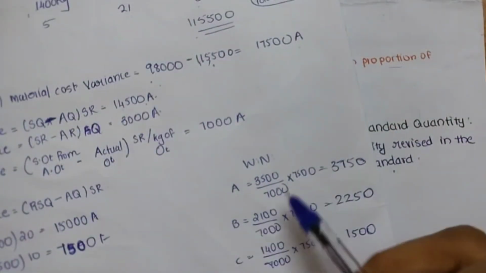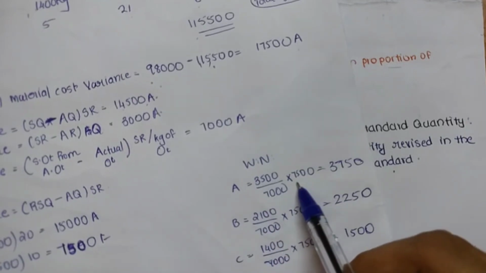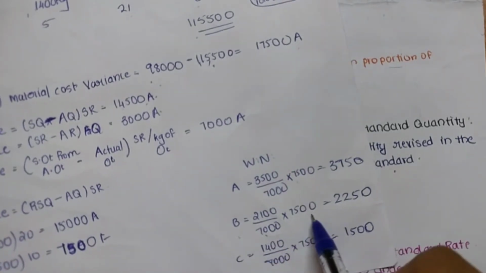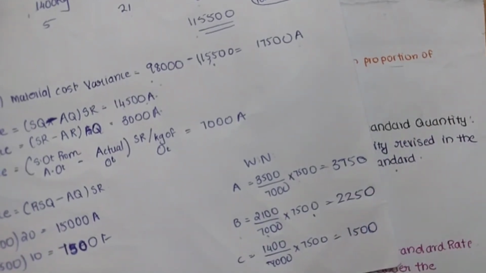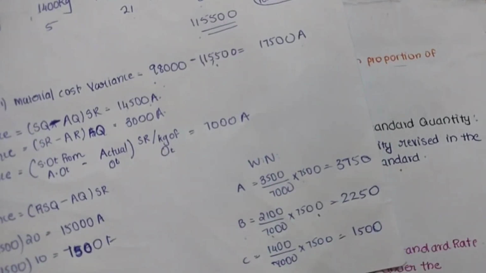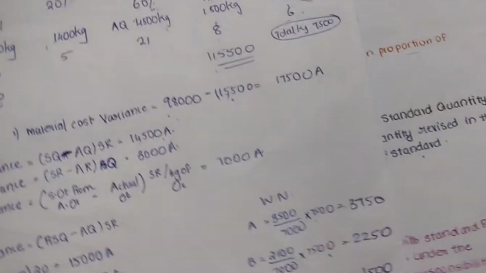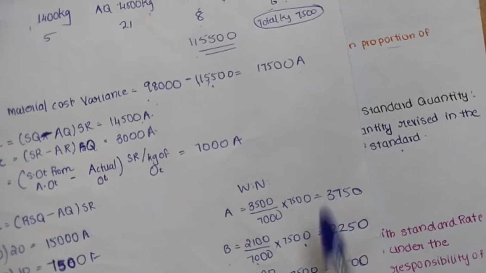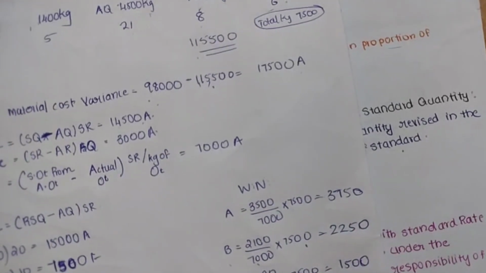Okay, so that's exactly what I'm doing here. See here, in A's case it will be 3,500 divided by 7,000 into 7,500. In B's case it will be 2,100 divided by 7,000 into 7,500, and also in C's case the same way. In C also, 1,400 divided by 7,000 into 7,500. So we'll get 3,750, 2,250 and 1,500 in the work note. So these are the RSQs of A, B, C, and we are going to do it separately as we did